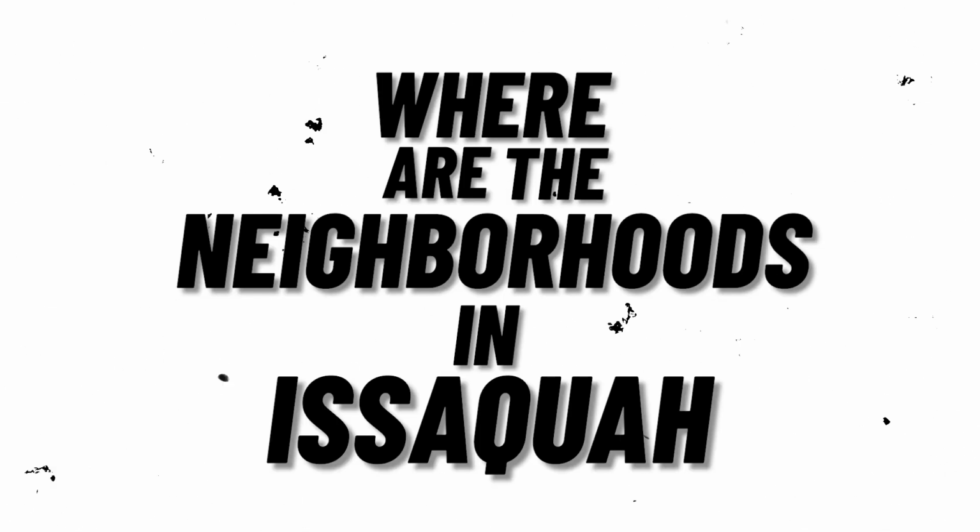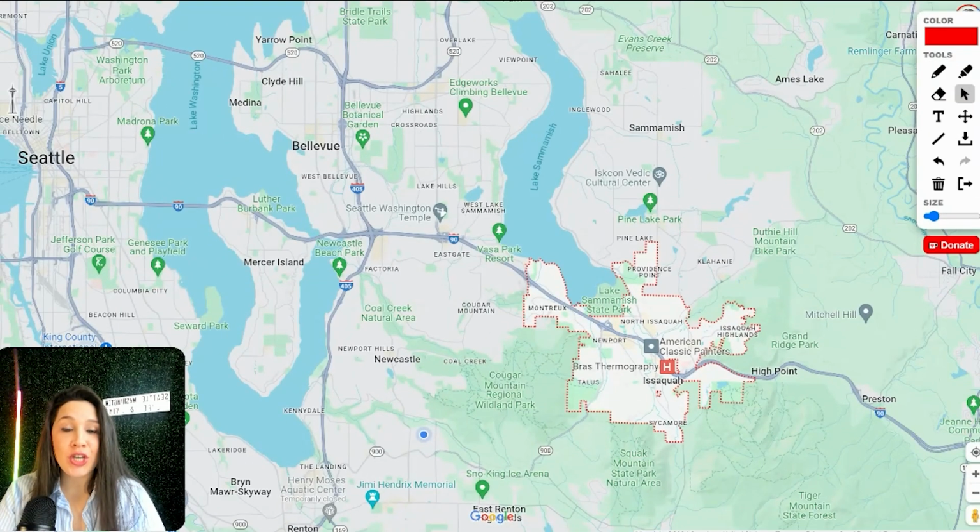So in today's video, we're going to be jumping in, looking at my computer and just kind of driving around Issaquah so we get to know the lay of the land a little bit better. First of all, where are the neighborhoods in Issaquah? All right, so now we're going to jump into my map to get a better lay of the